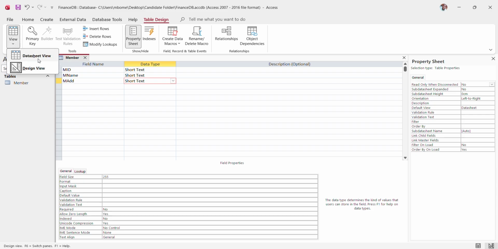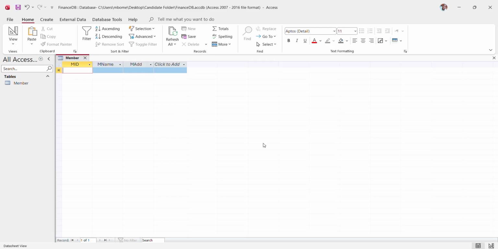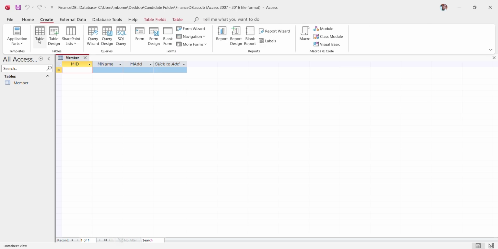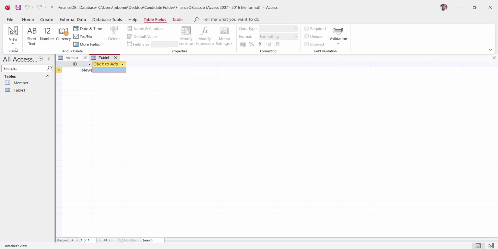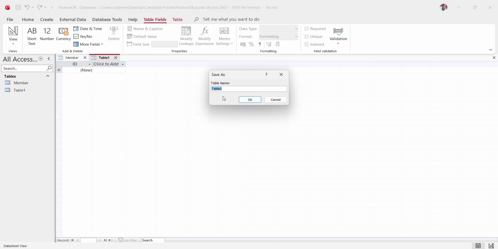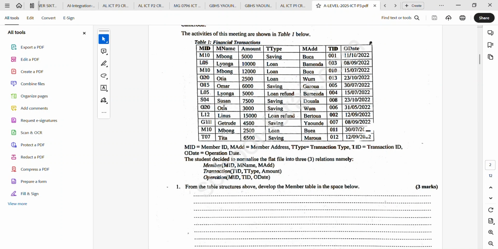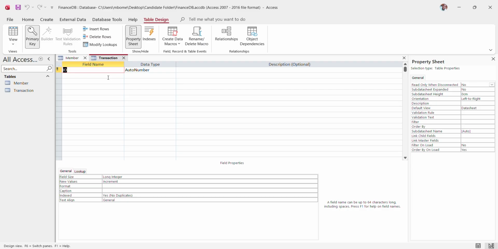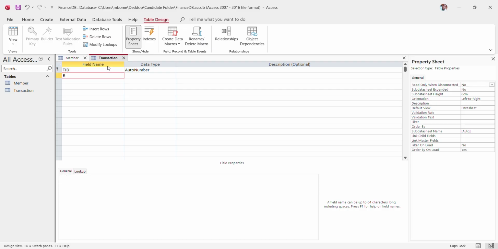Maybe then I can go to data. And yes. Now I'll go to the create tab and then create table. And here I'll go to view, design view, and I'll name this one the next table, and this is transaction. So I'll name this one transaction. Click on OK. And the different fields, we have TID first of all, we have T type,